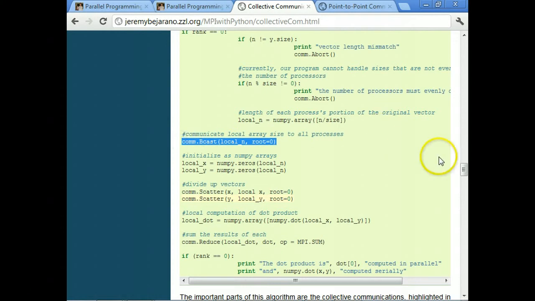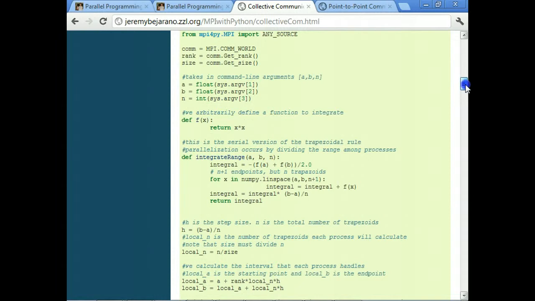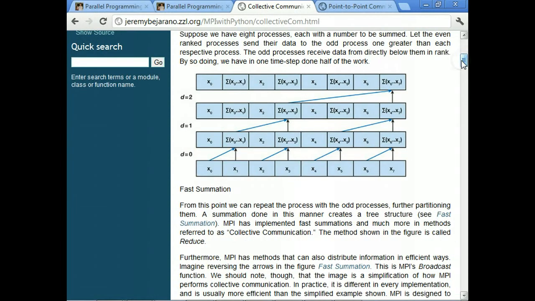Yeah, okay, I haven't talked about broadcast yet. So let's, yeah, good question. Okay, so this is the picture for reduce. We sent and they summed them up. Well, broadcast is just the opposite. Broadcast is if one process has some information, it wants to send that information to everybody else.